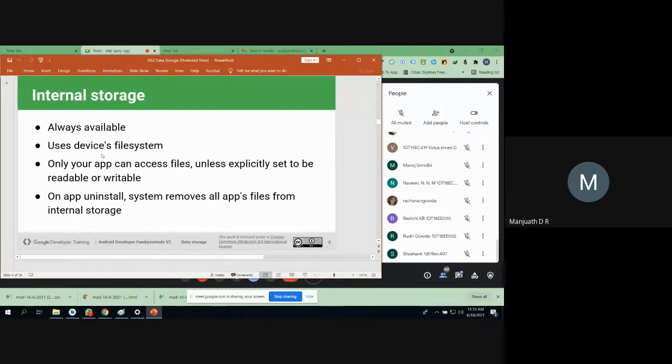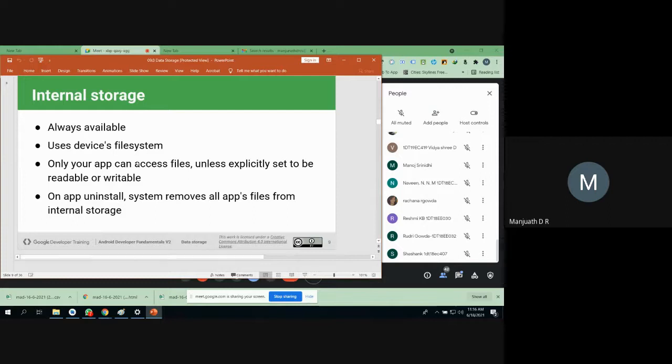Normally, you can check how the file system is present in the Android operating system, and also how the file system is present in Fedora, Ubuntu or Red Hat. The way of storing files in Fedora and Ubuntu is completely the same.